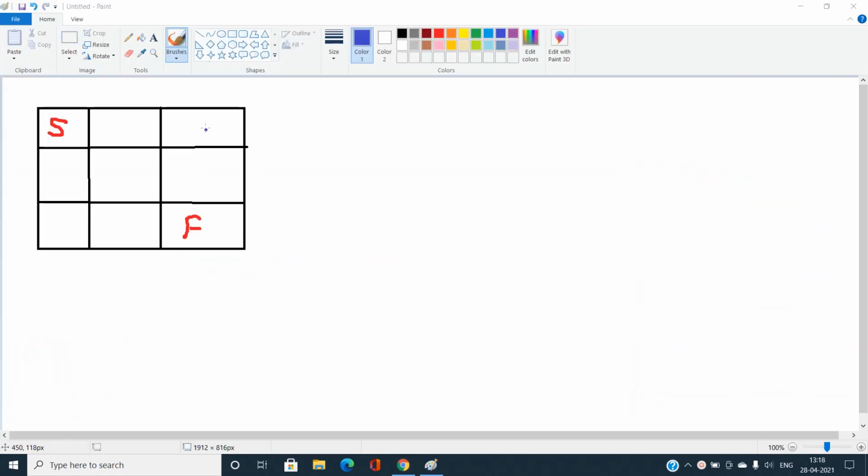Suppose we have been given this matrix, and this is the start position and this is the finish position. We need to find the total number of unique paths, starting from this and ending at this. Suppose we consider the case that there are no cells which contain obstacles, that is, this matrix is obstacle free. Then let us find the total number of unique paths possible. If you are at this cell, I can go to this cell, and there is only one path. And if I have reached this cell, what is the total number of ways to go to this cell, if the allowed moves are either right, that is this one, or down, that is this one?